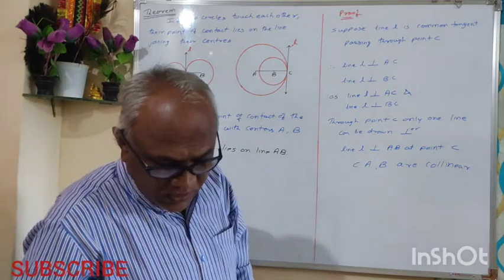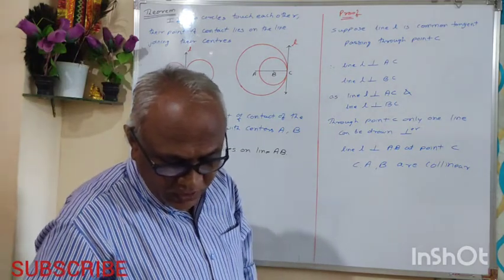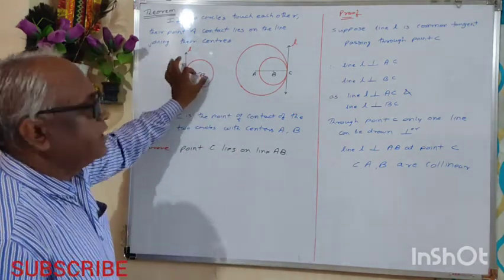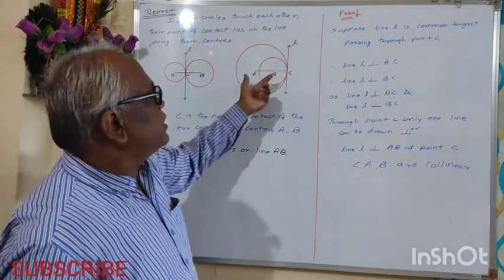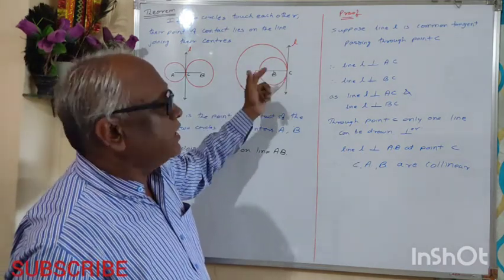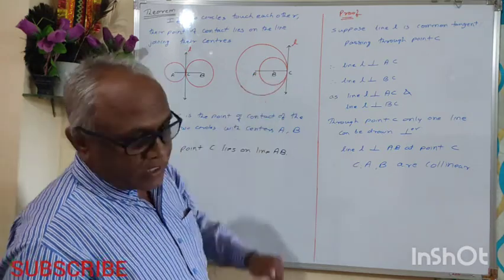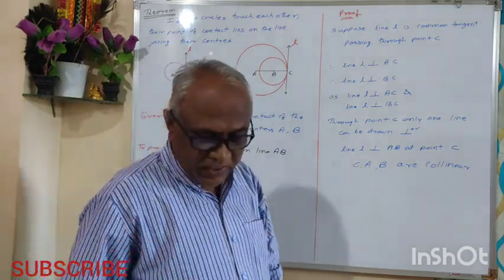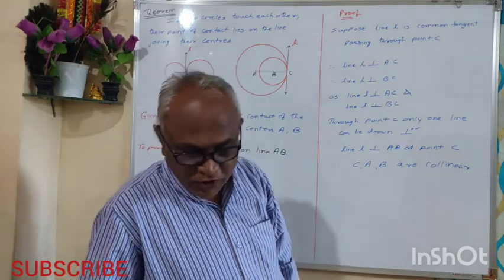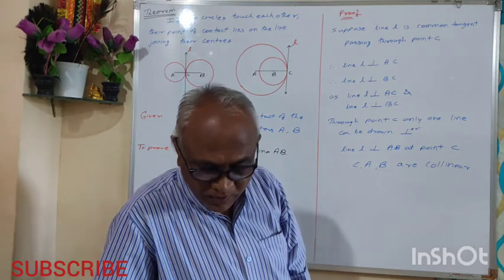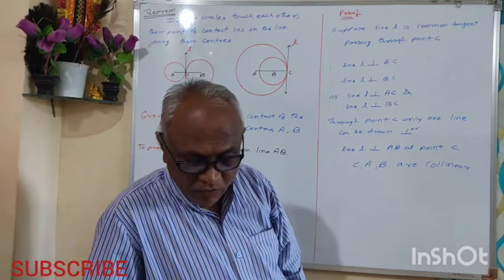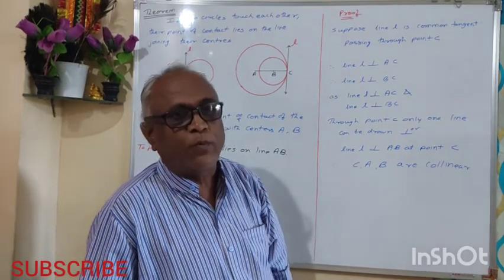If the circles touch each other externally, then the distance between their centers is equal to the sum of their radii. Here the distance between the two centers is equal to the difference between their radii. Third point is that the distance between the centers of circles touching internally is equal to the difference of their radii. This we have seen. Now we are going to see practice set 3.2.